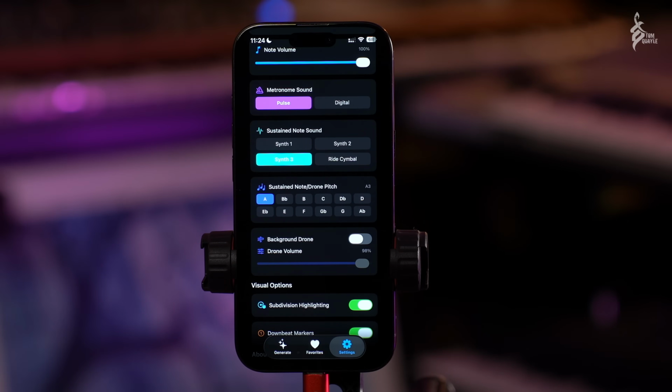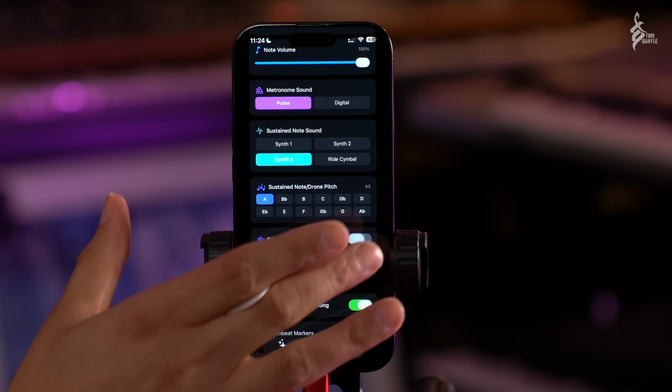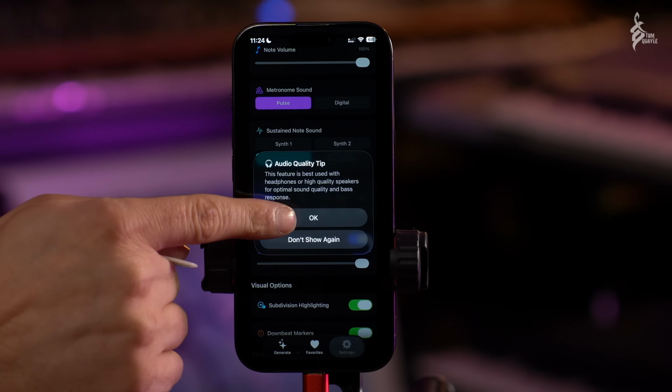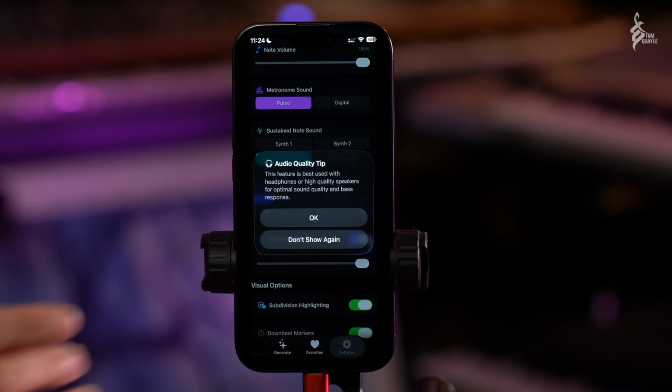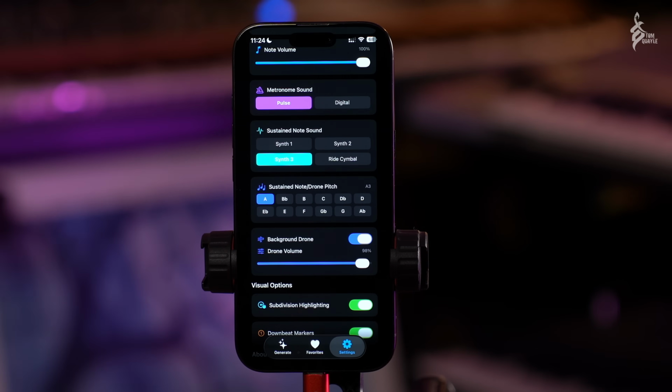And we can turn on a background drone that will synthesize just whatever note we've selected here, a low octave version of that pitch for a drone, and it will play the rhythm back in that way. So there's a quick tip here that says this is not really something you want to do on the phone because you might not be able to hear it, but the way we're playing at the moment, we'll be able